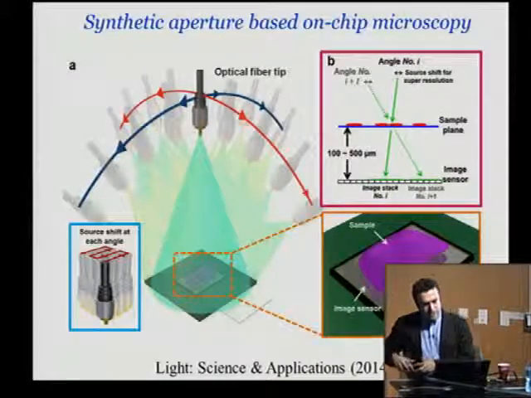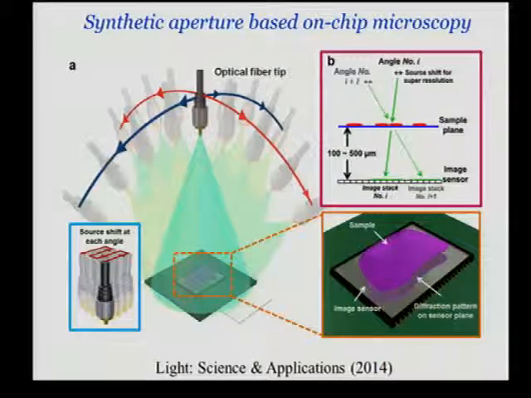If you want to push the resolution further, you can also have some other tricks. One trick that we've utilized is to play with the illumination angle. Vertical illumination gives you a certain band that is diffracting. As I shift the illumination angle, some of the evanescent waves or some of the higher frequencies that are normally going to be missed away because of the pixel architecture will start to shift to lower frequencies. And vice versa, DC will start to shift to higher frequencies.